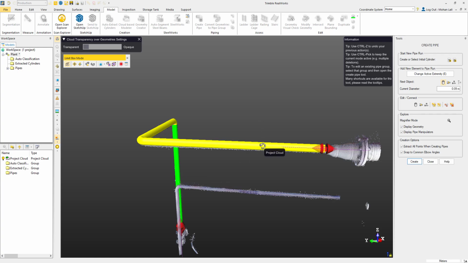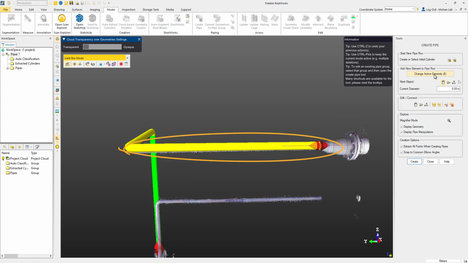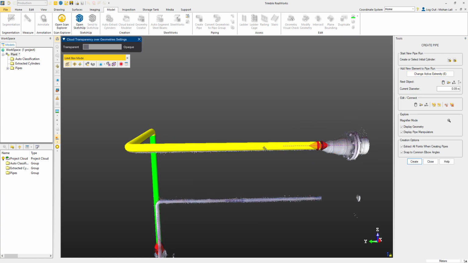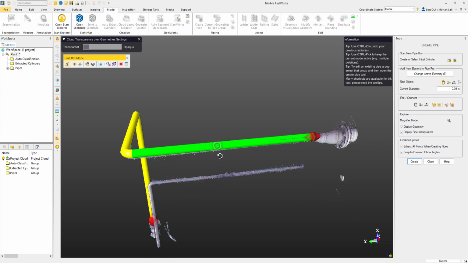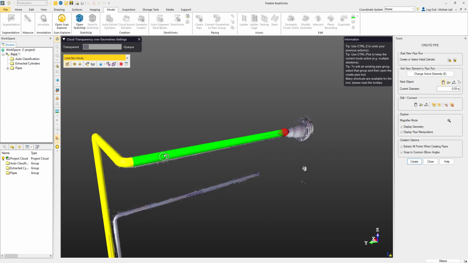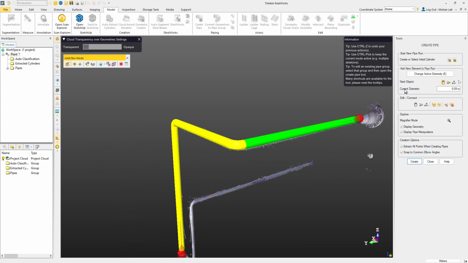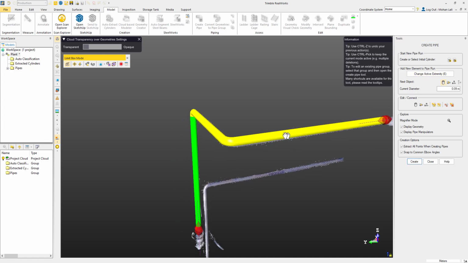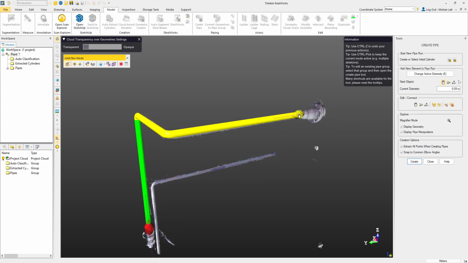If we want to extend this section of the pipe, we just need to change the active extremity, and you can see now it's changed. The extremity can only be the end sections of the pipe. If we try to select this middle section, we'll get an audible sound from the computer. You will also notice that the grab handles have now moved to the ends of our entire pipe segment. You can now adjust either endpoint.